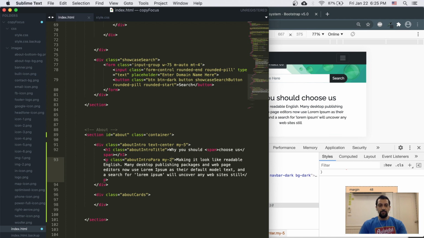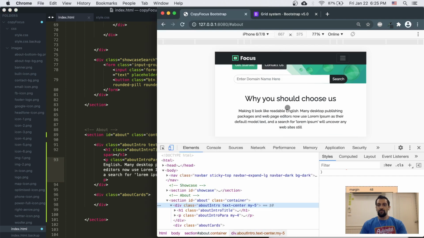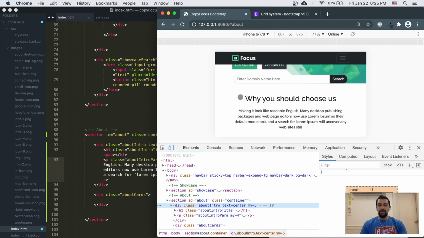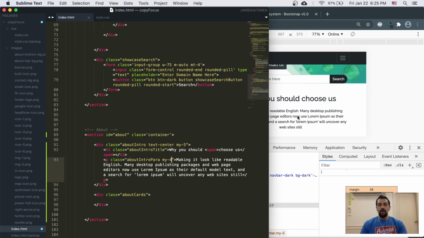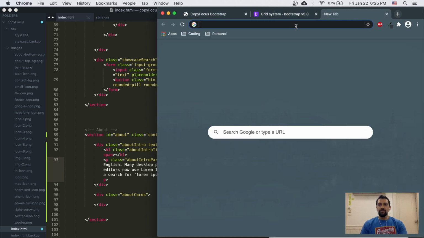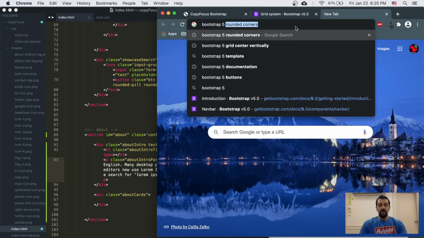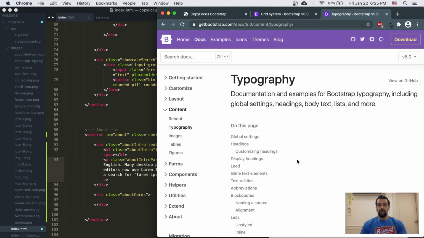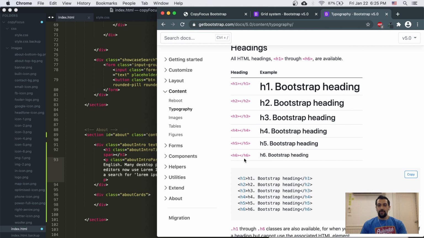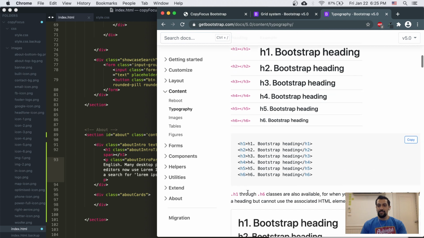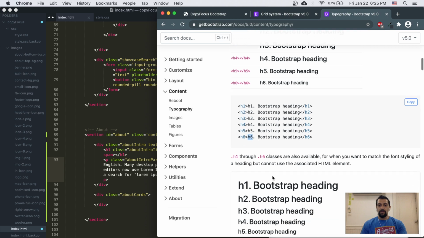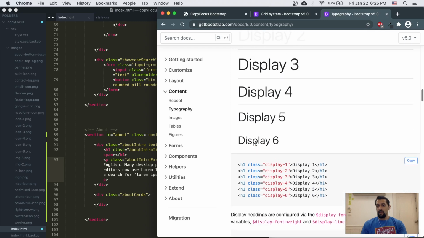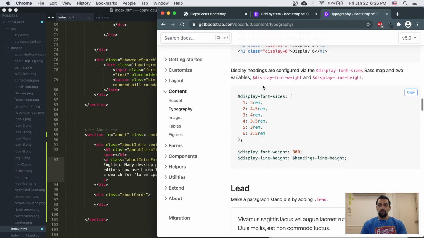Let's make that a bit bigger there we go, now we have a little more space มีขนาดใหญ่กว่าทีนี้ครับ so if I want to reduce the size of that or maybe increase the size of that แล้วแต่คุณครับใช้ได้ครับ so if I want to increase the size of Bootstrap 5 font size there we go, typography, Bootstrap font size ใช้ได้ครับ so I can change it to Bootstrap heading size and h6 and just type in h6 here and I'll get a Bootstrap heading, or I can make it smaller or display bigger sizes if I want to here. So play around with this and see what you want